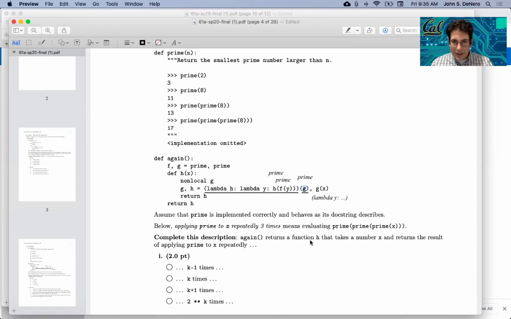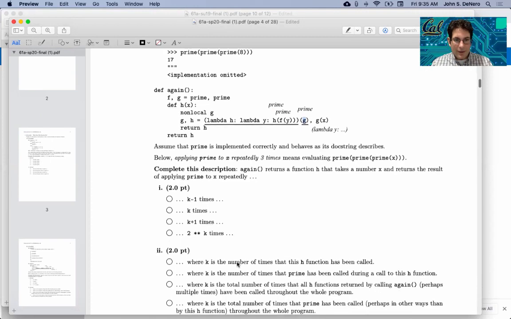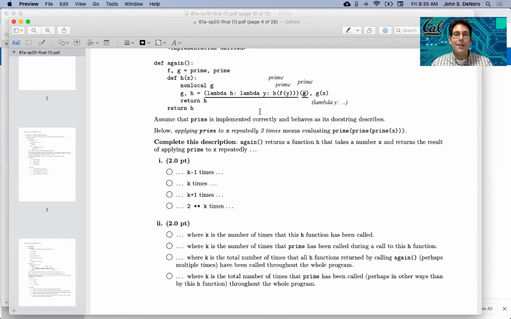All right, where's the number K? Again, returns a function H that takes the number X and returns the result of applying prime to x repeatedly. Oh, here's where k is. Oh, but every time you do this, you're changing g. So if you call h multiple times, then you've changed g from prime to prime of prime multiple times, except for this isn't always prime. This is prime the first time, prime the second time, and